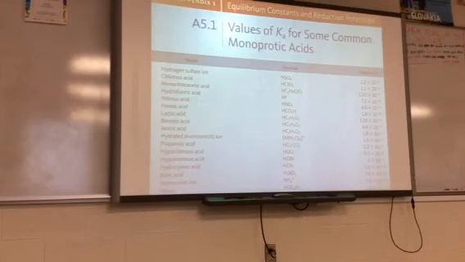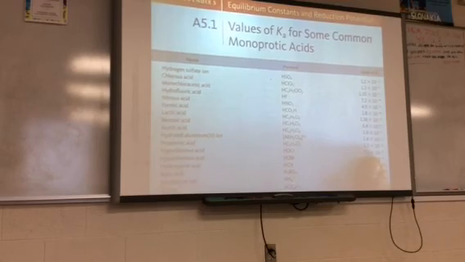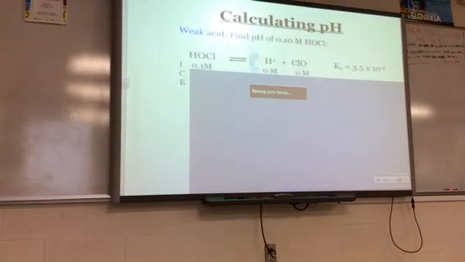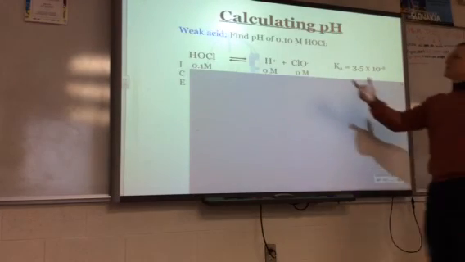Most of the problems that are given in the book, they'll give you the Ka right in the problem. But if you need a Ka, then you can look back here on page A22. In this problem, we're talking about HOCl, hypochlorous acid, it's right there. It's got a Ka value of 3.5 times 10 to the -8. I don't know if you can see the exponent. It's negative. That's how I got the Ka value there in the problem. Okay? Just look up what acid is dissociating, find it from there. Okay, well, since we have products